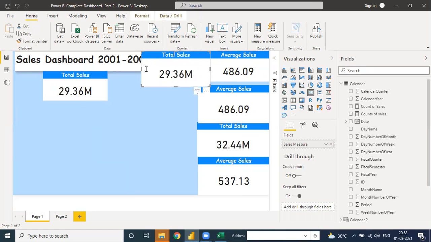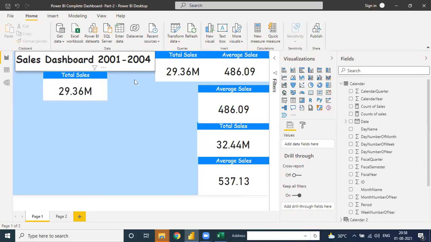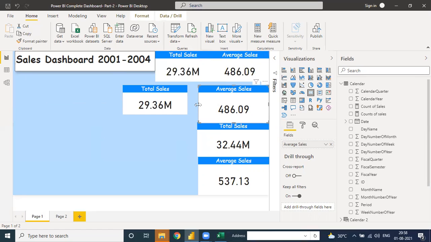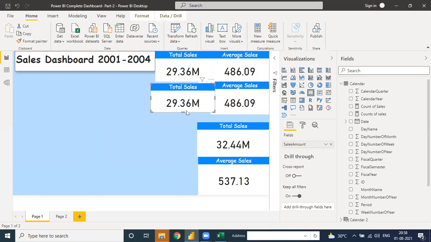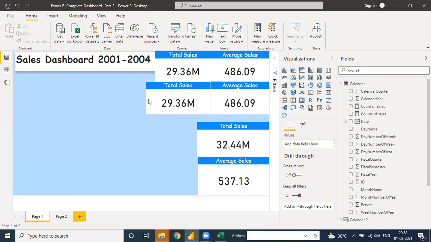Because the formatting part is very tough in this Power BI, because you have to make the visualization ready as per your structure. Like here is the total sales and average sales. Directly go here and choose the value of total sales.